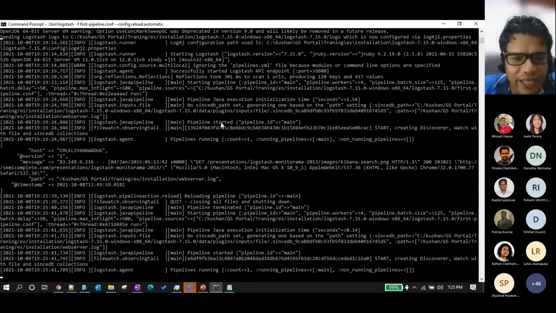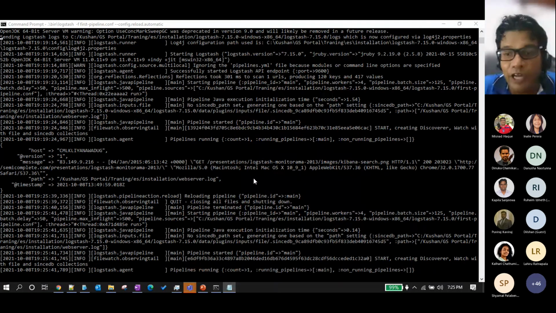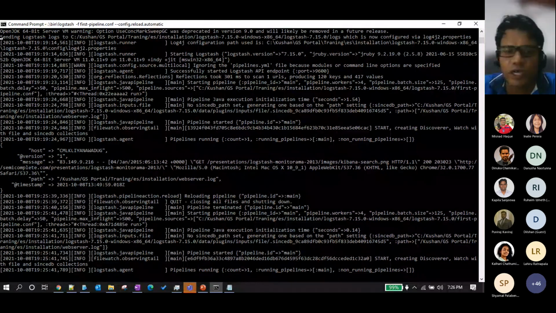I just changed the configuration file and saved it, and then it will automatically reload. It's because of that particular configuration which I have given you, automatic config reload. So I inputted now a particular log snippet.